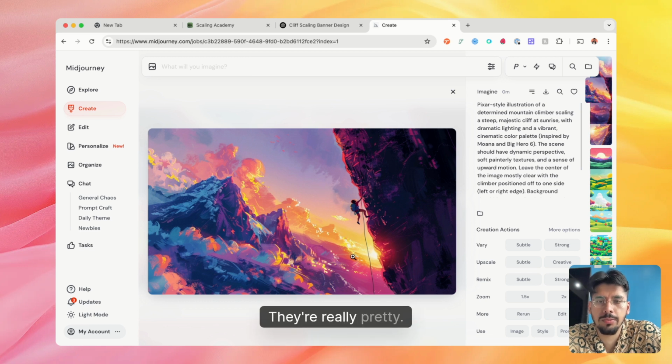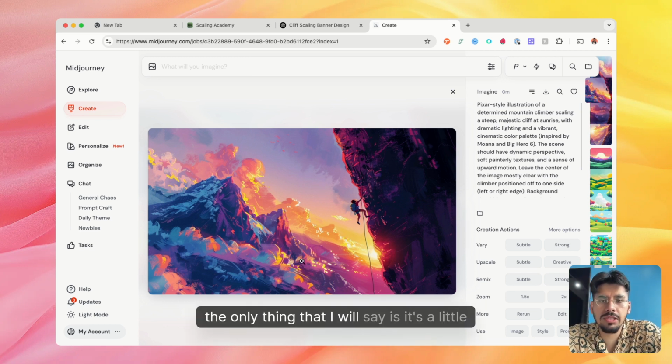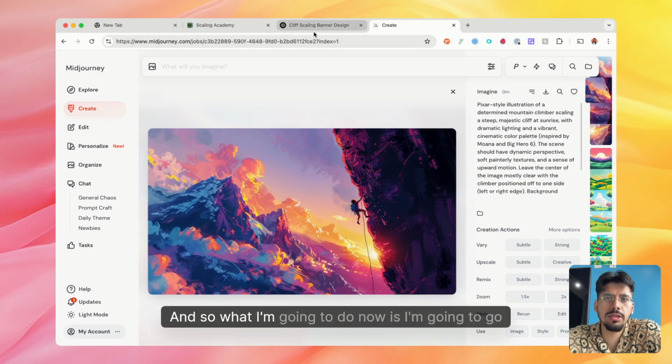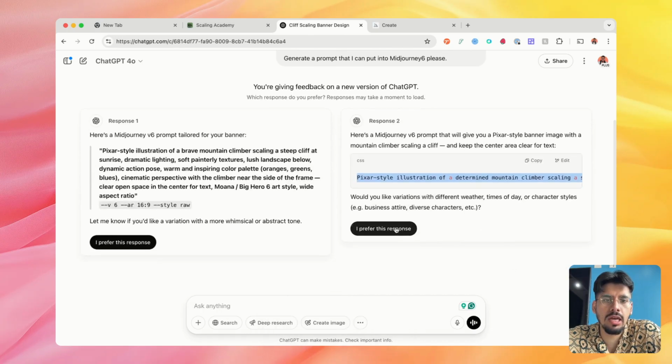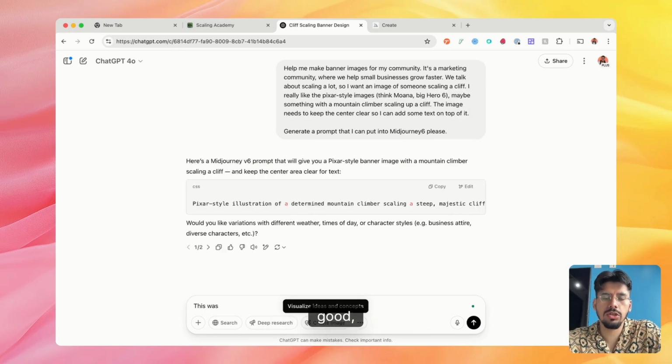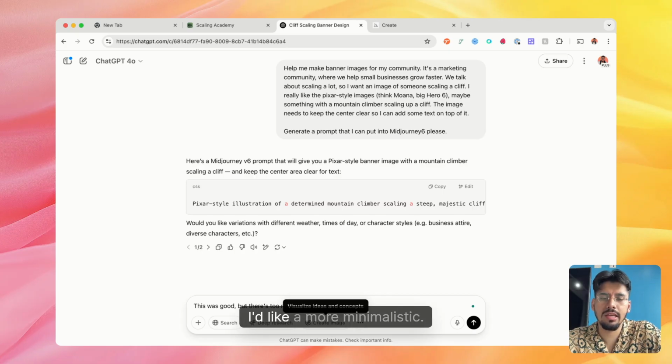I like these, they're really pretty. The only thing that I will say is it's a little bit too much detail, and they're just darker colors, right? So I want it to be a little bit lighter. And so what I'm going to do now is go back to ChatGPT. I'm going to say, this was good, but there's too much detail. I'd like a more minimalistic